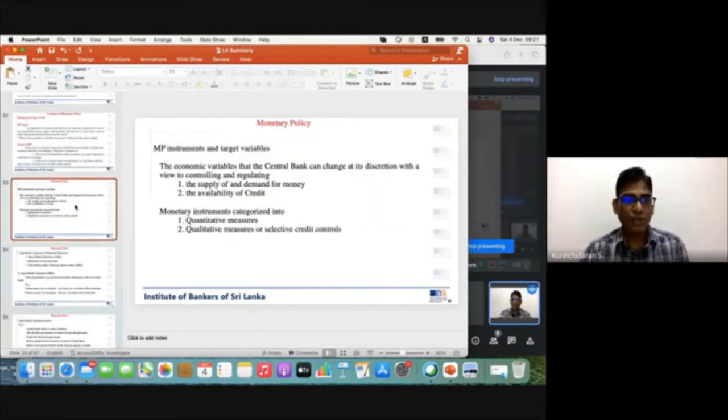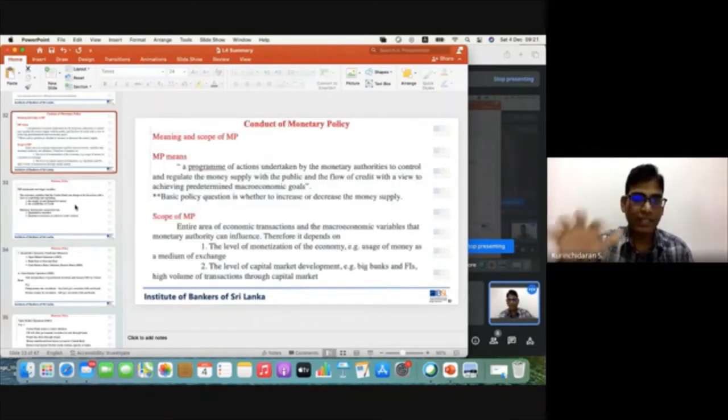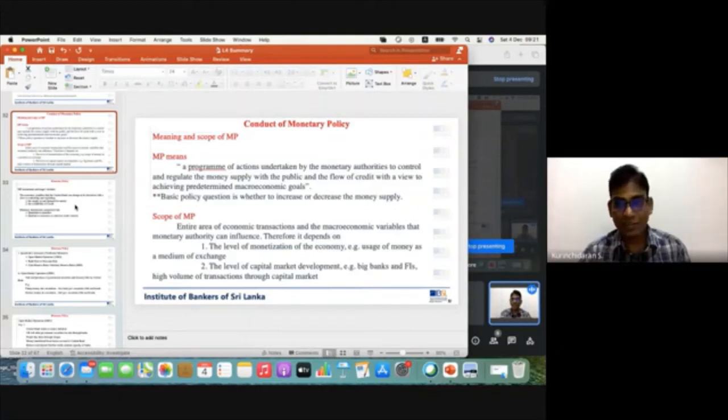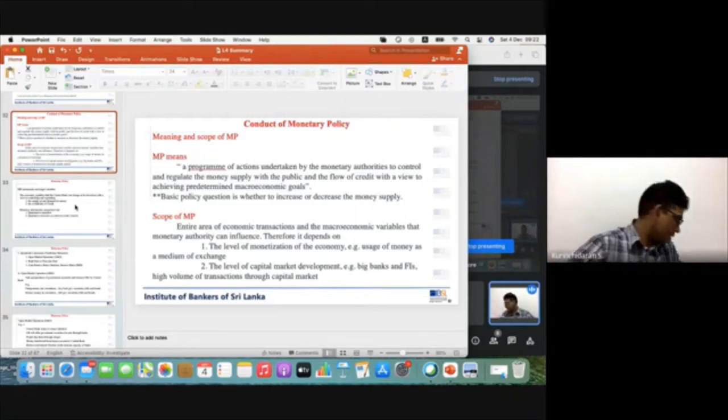From this point onwards, I'll be covering the conduct of monetary policy. I'm more focused on monetary policy, and I'll be discussing the Sri Lankan market condition. It might be easier, and we can easily understand our monetary system as well. If I discuss the Fed Reserve, some of those practices we don't follow here, so I just want to discuss the Sri Lankan